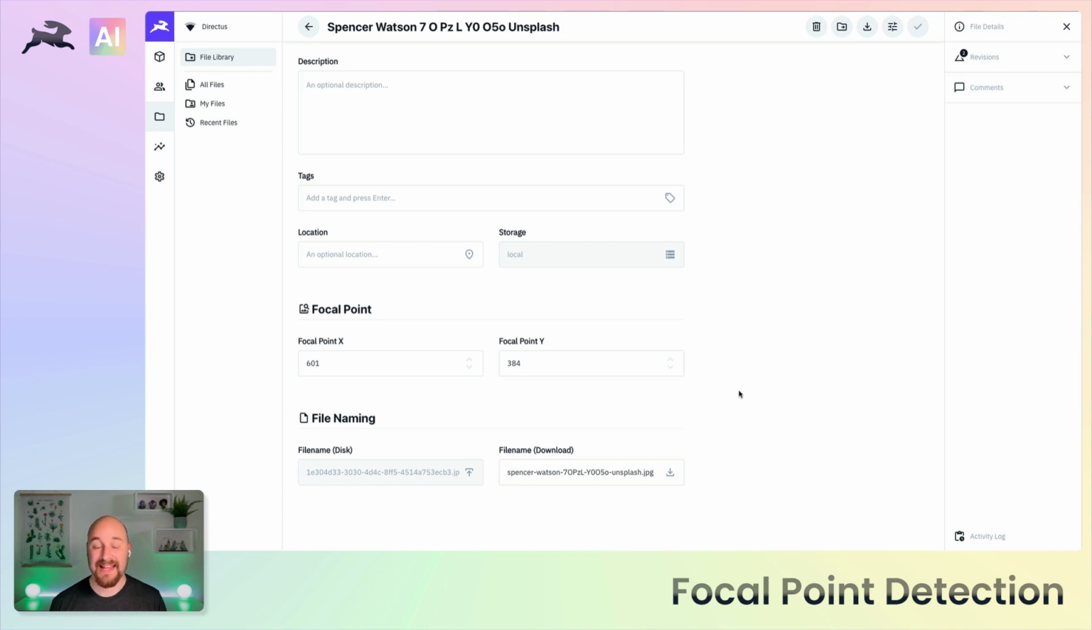And there it is. Now you don't need to do anything more with these values. When you start to crop the image using URL parameters, using the on-the-fly media transformations that Directus provides, that will be the central point which the image is